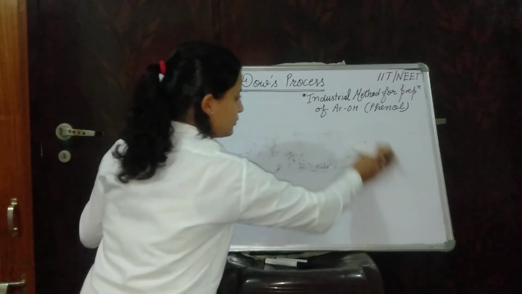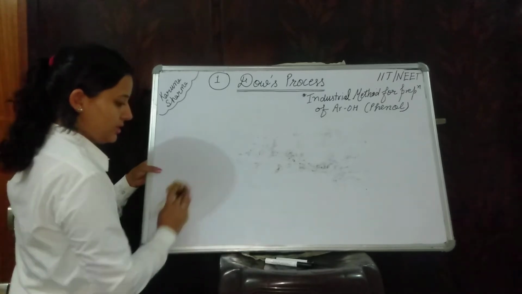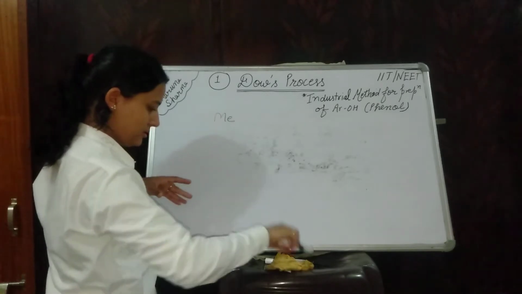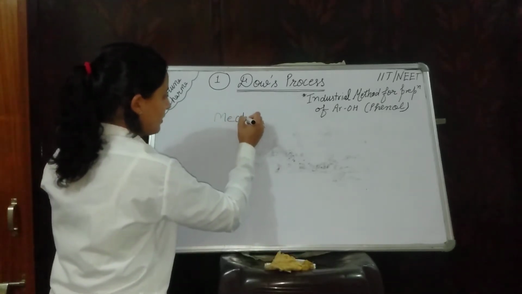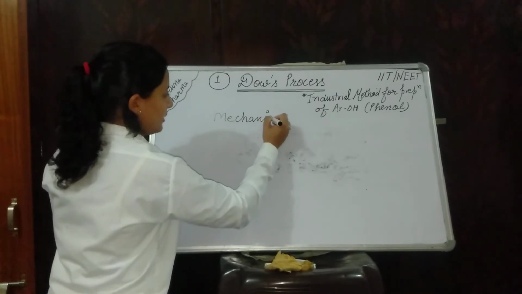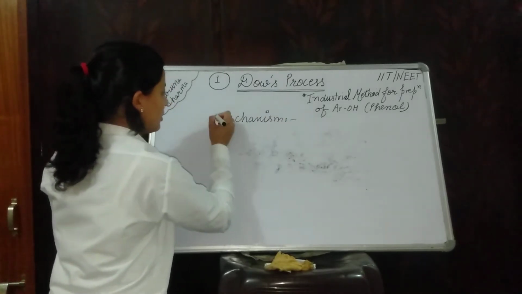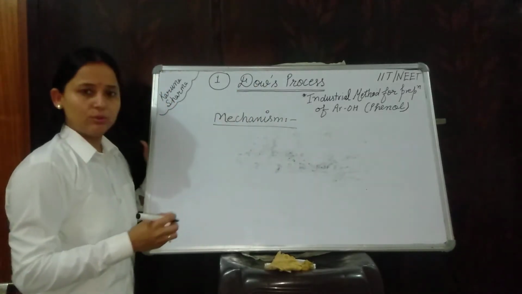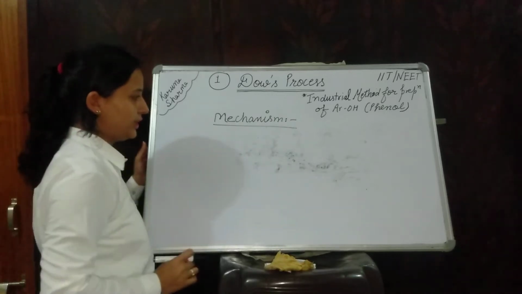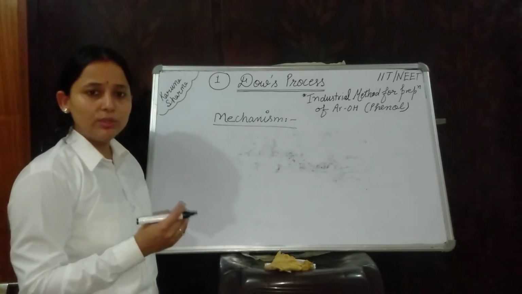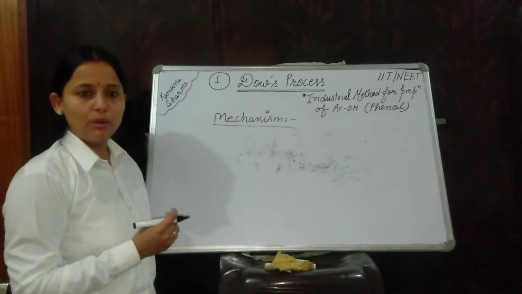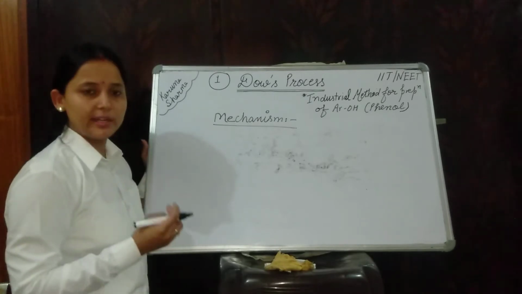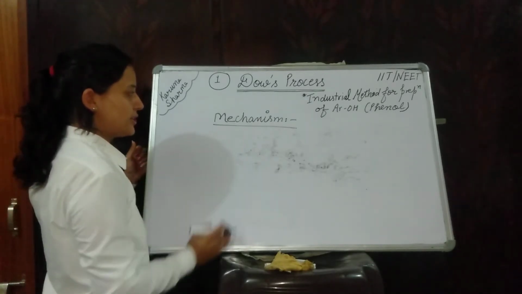Mechanism. This is very interesting and you have to focus on each and every step. Mechanism of the reaction. In the mechanism you have to focus on the type of arrows and you have to check the electrophilicity and nucleophilicity of the molecule. I am telling you, in this reaction mechanism we will form a particular type of intermediate, that is benzyne, formed in this reaction.